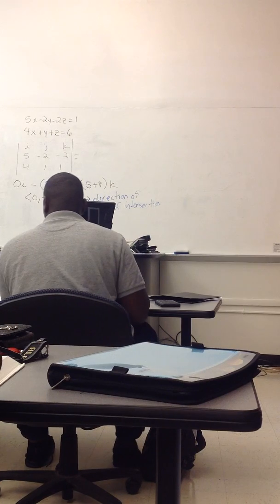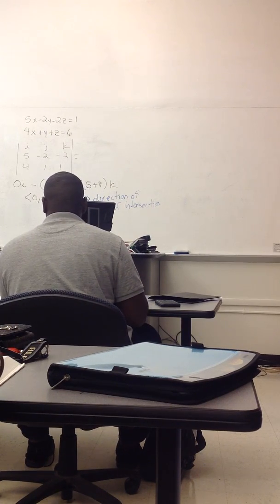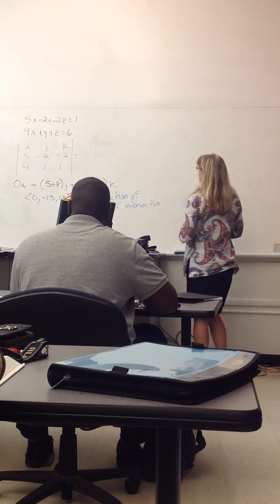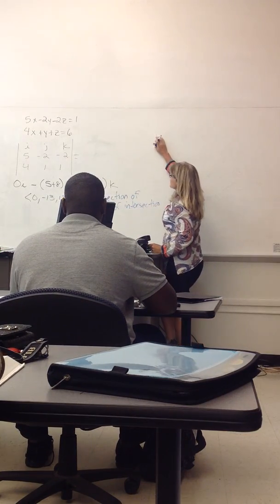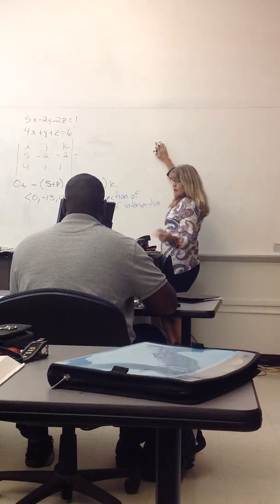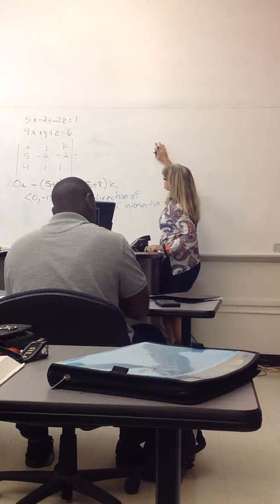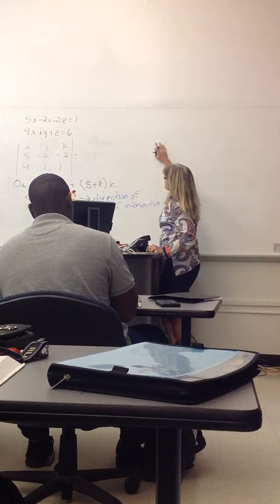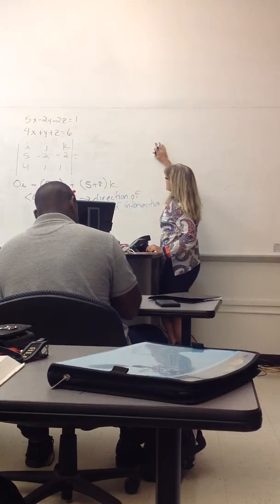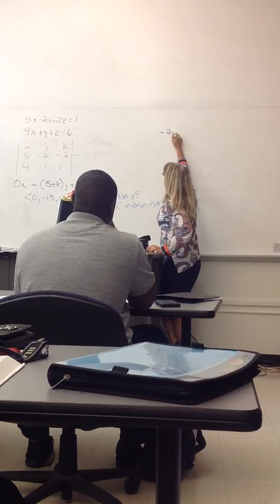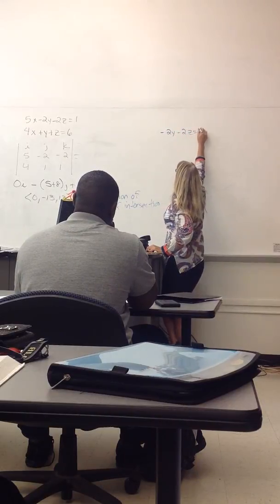It's kind of a little algebra crapshoot of plugging things in until you reason out a point that's on both planes. The book usually uses a lot of zeros because they make things clean. So for example, if I made x 0, then I would get -2y minus 2z equals 1,